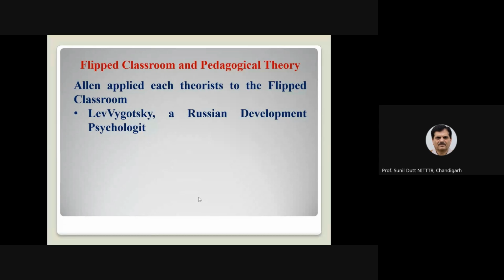Starting at the lowest level is remembering, understanding, applying, analyzing, evaluating, creating. So through flipped classroom, we can reach up to the higher cognitive function, and that is through group work. This is an important component of flipped classroom because the students are given material to study at home, and in the classroom they carry out small projects, they do some case studies in small groups. Okay, they participate in discussion.